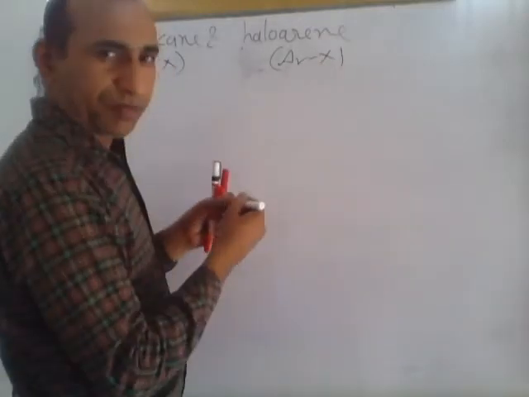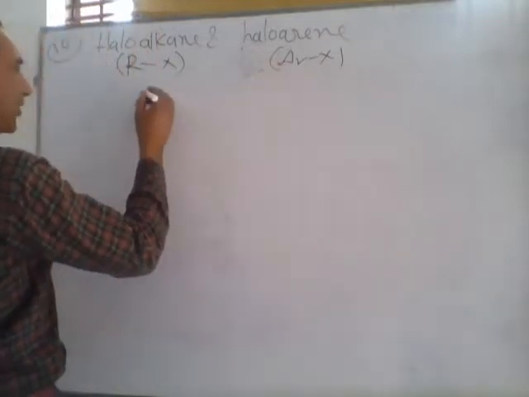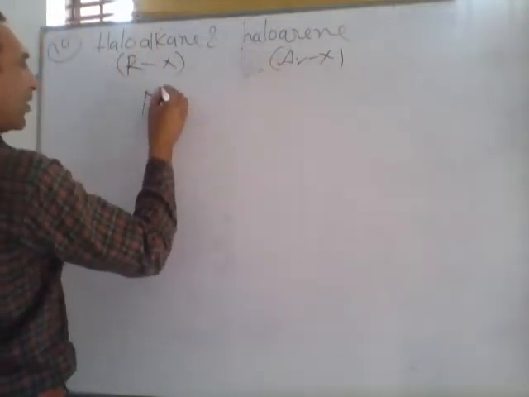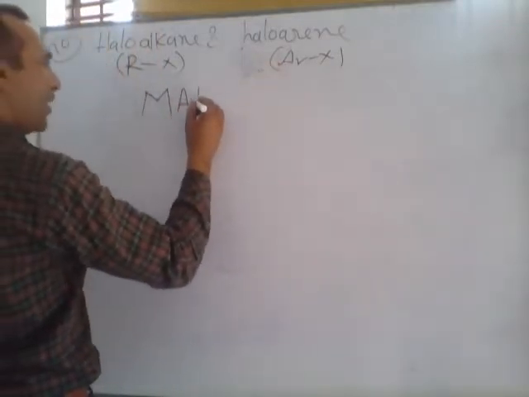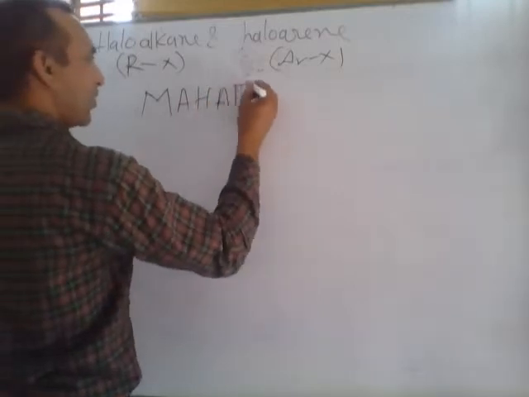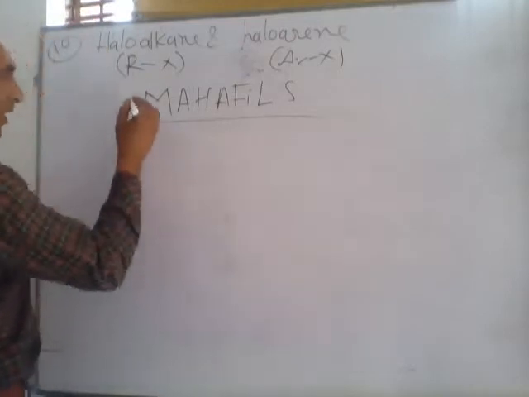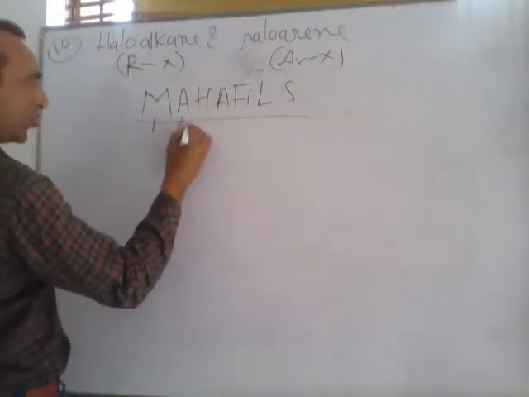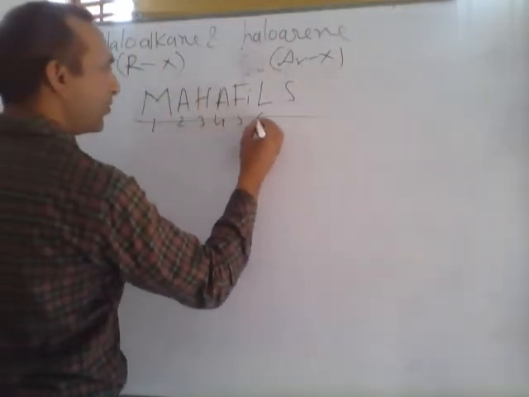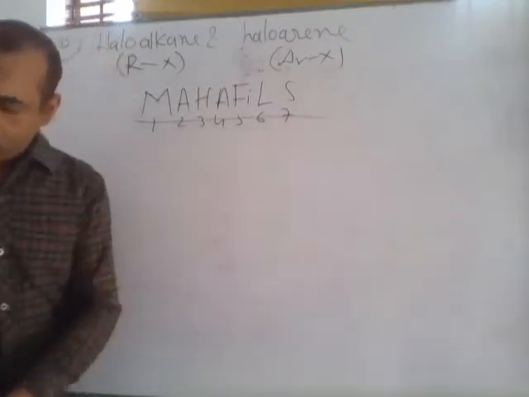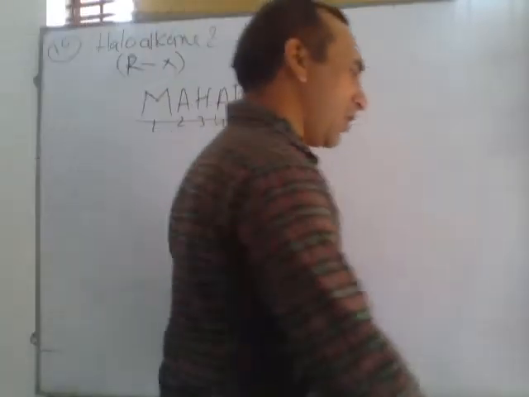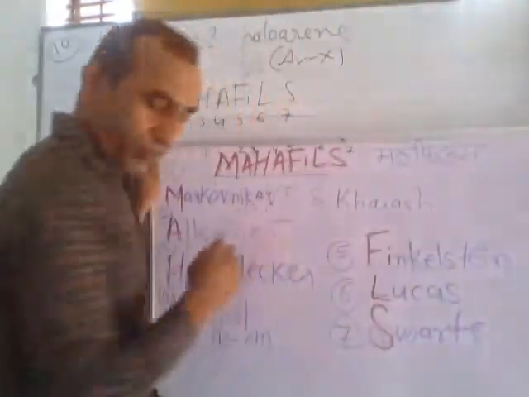haloalkane and haloarene. I am writing a simple trick to remember different methods. MAHAFILS, MAFIS. So there are different types of methods, 1, 2, 3, 4, 5, 6, 7. So first you write the name of different methods. Look here. The meaning of